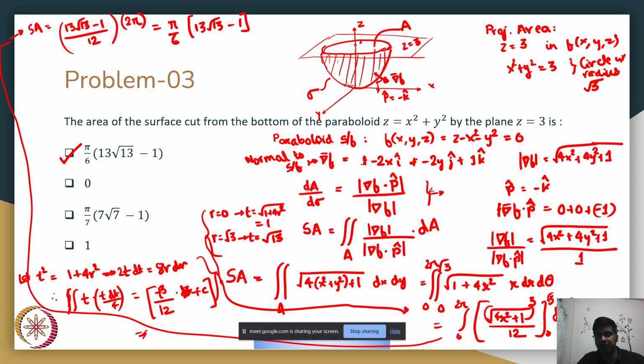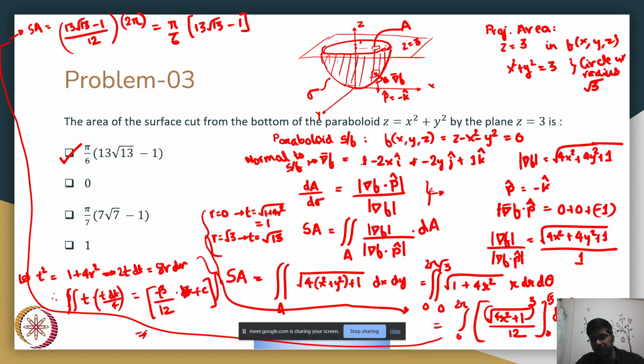So in our case, we have chosen the projection to be given by the cutting plane itself, which is z equal to 3. This gives us a projection area bounded by the curve x square plus y square equal to 3, which is nothing but the equation of a circle. So this is my projection area, which is a circle with a radius of root 3. Now the ratio of projection area to the actual surface area is